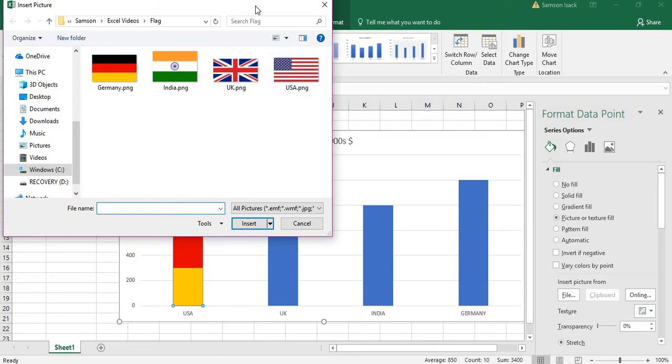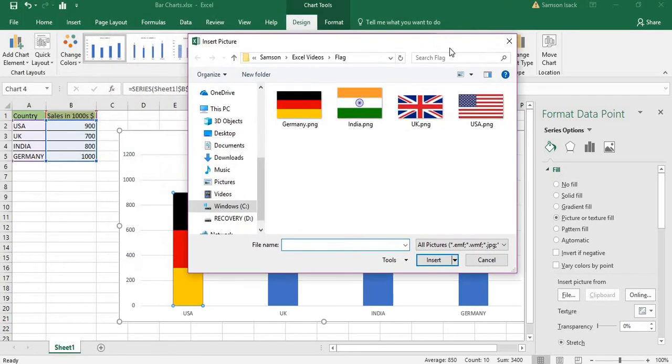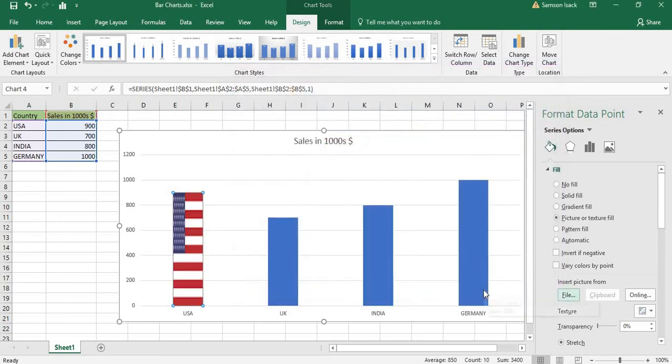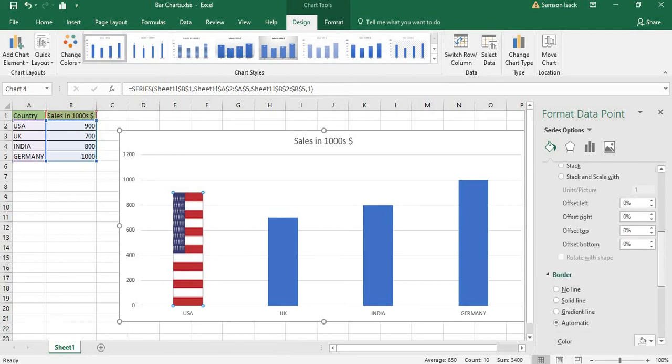Here you can see it's USA. Go to the USA flag and insert. It has done the USA flag insertion, but you can see the flag is stretched out. So you can make the bar bigger, or you can also